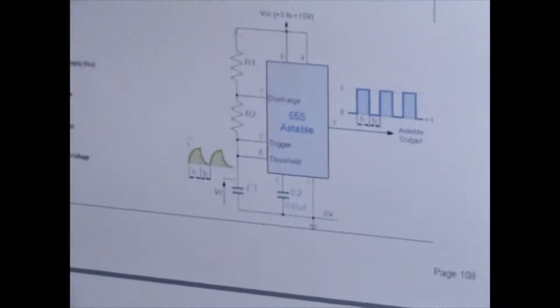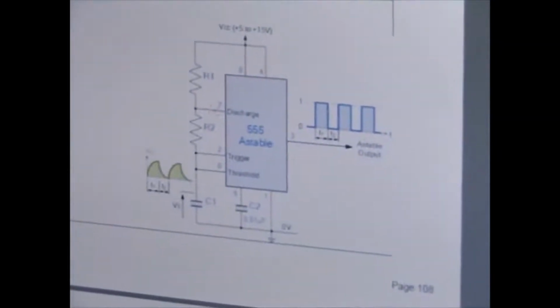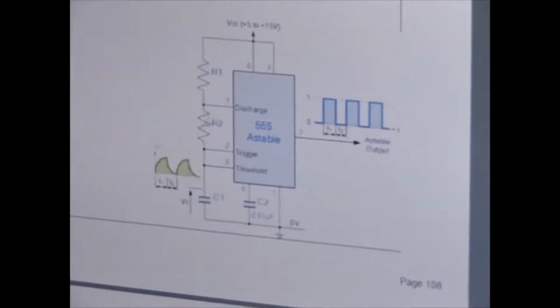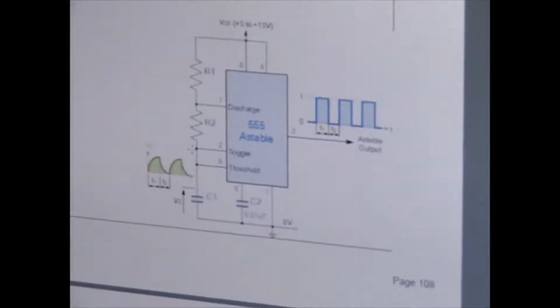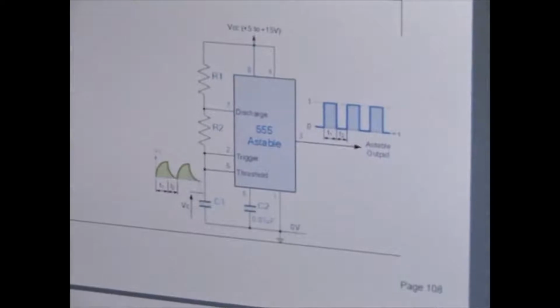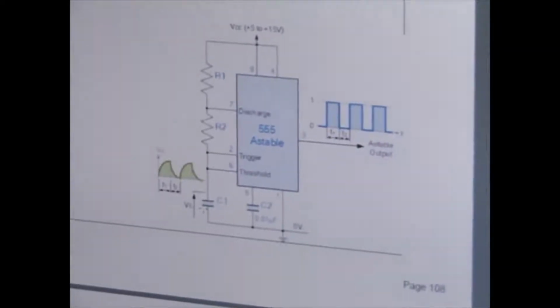From there we will connect the resistor, and another leg of the resistor will be connected to pin number 7. And from pin number 7 we will connect R2, and that will be connected with either 2 or 6, because 2 and 6 are shorted. And next one, from 6 we will connect the capacitor of 0.1 microfarad.